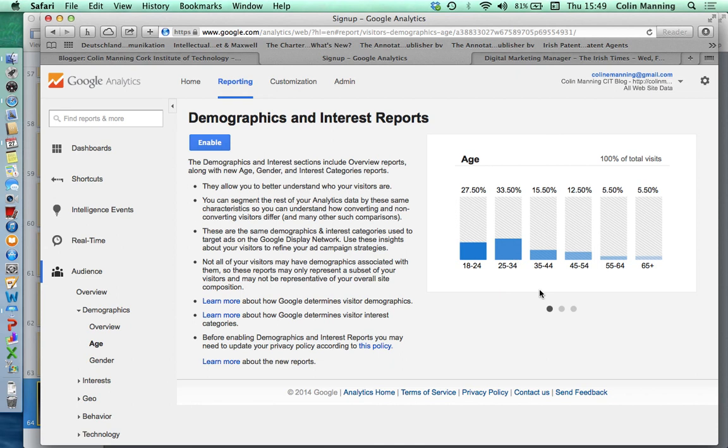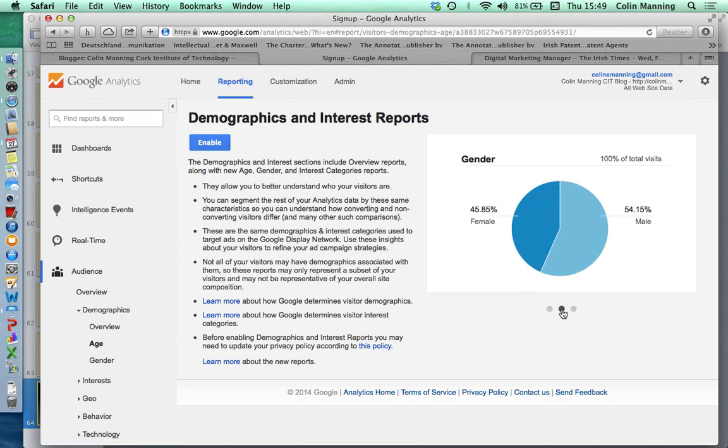I'm surprised there's so many older people, but of course mature students are very studious, so they probably come more often. It's telling me that it's 54% male and 45% female. Now again, if I'm selling shoes, this is something I need to know. I'm not really selling anything, so,